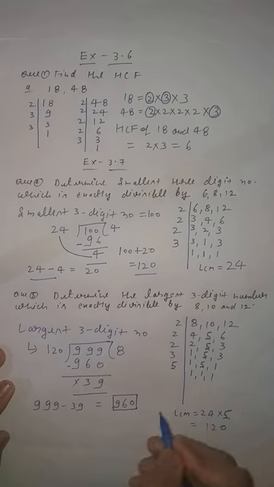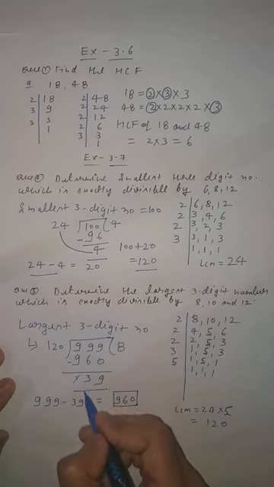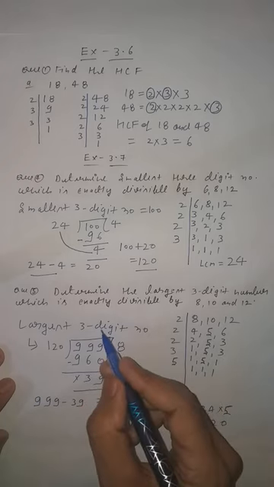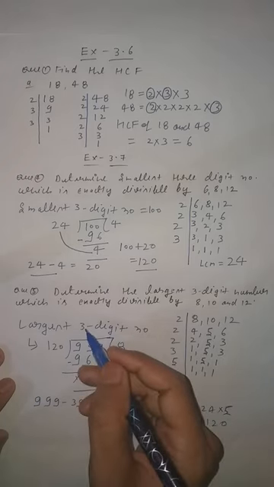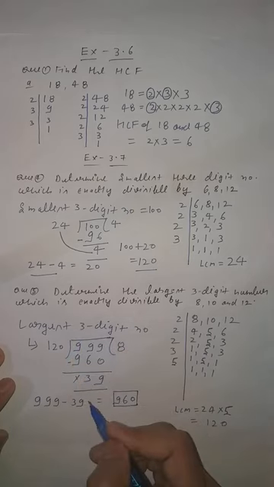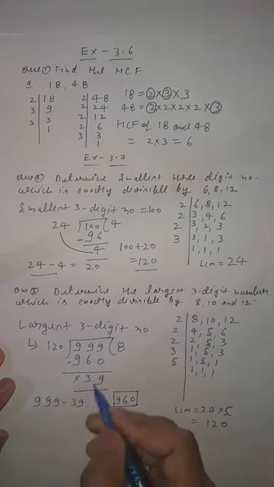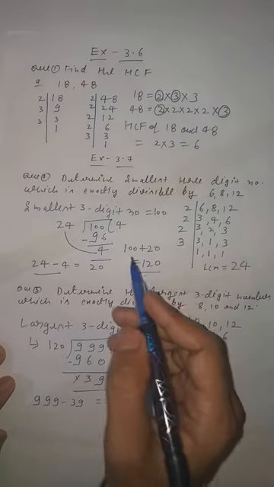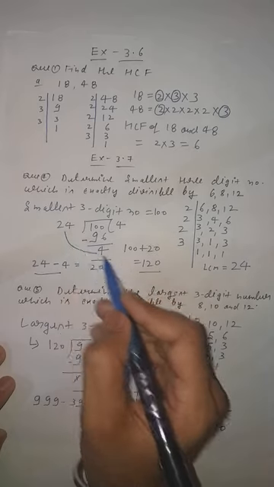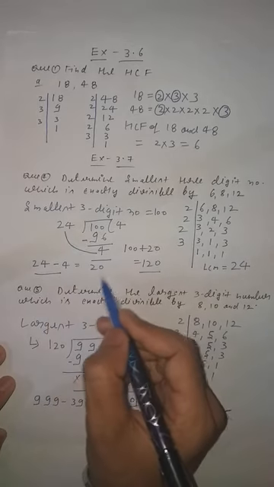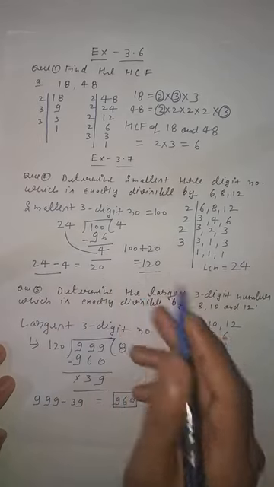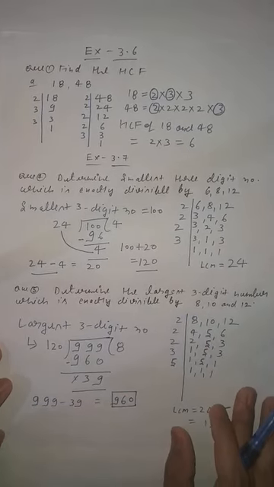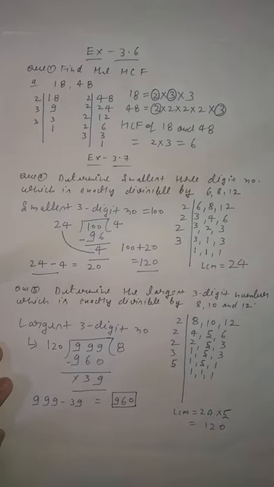Clear, students? Here there is only one difference. Here you will directly subtract the remainder. You will subtract the remainder directly from the largest 3-digit number. If the largest 4-digit number is given, then you will subtract from the 4-digit number. And if you have to find the smallest, you will first find the difference of divisor and remainder, then add it to the number given in the question. Clear, students? So this is about NCERT. In the next video we will discuss the RS Agrawal questions. Thank you, students.